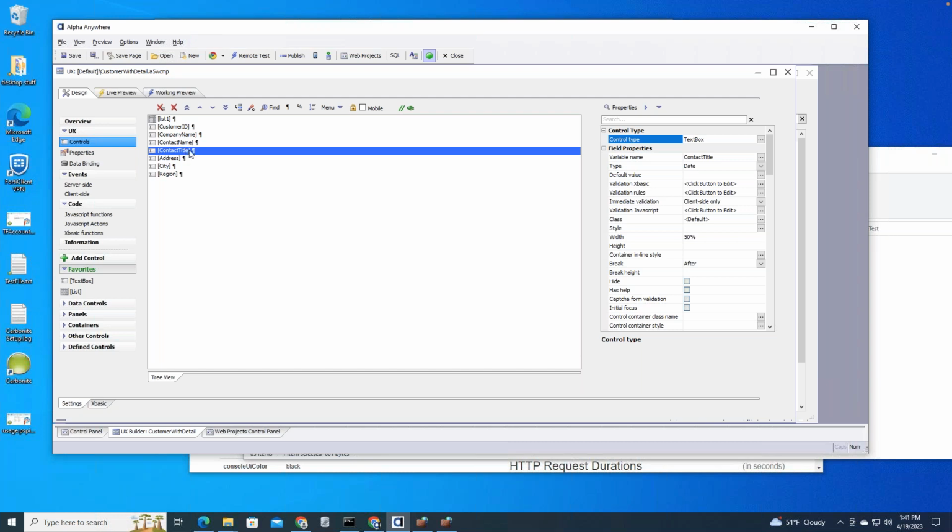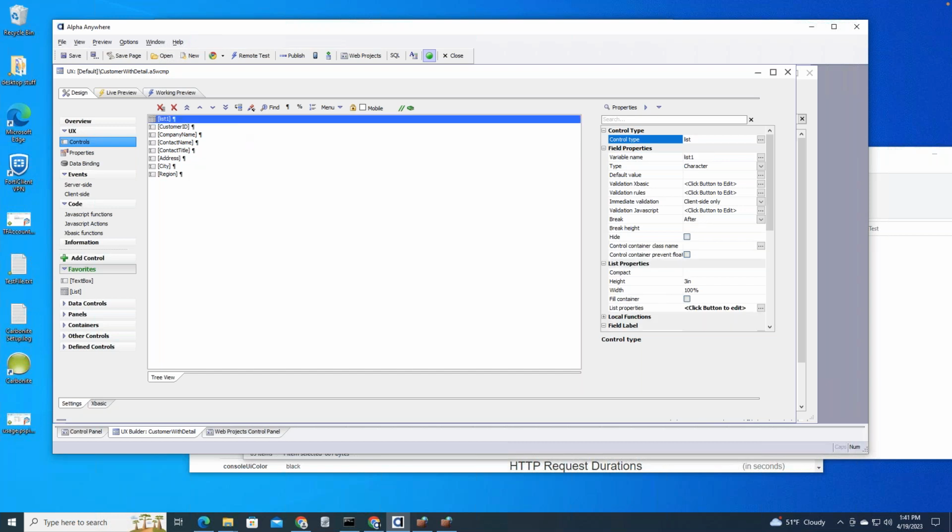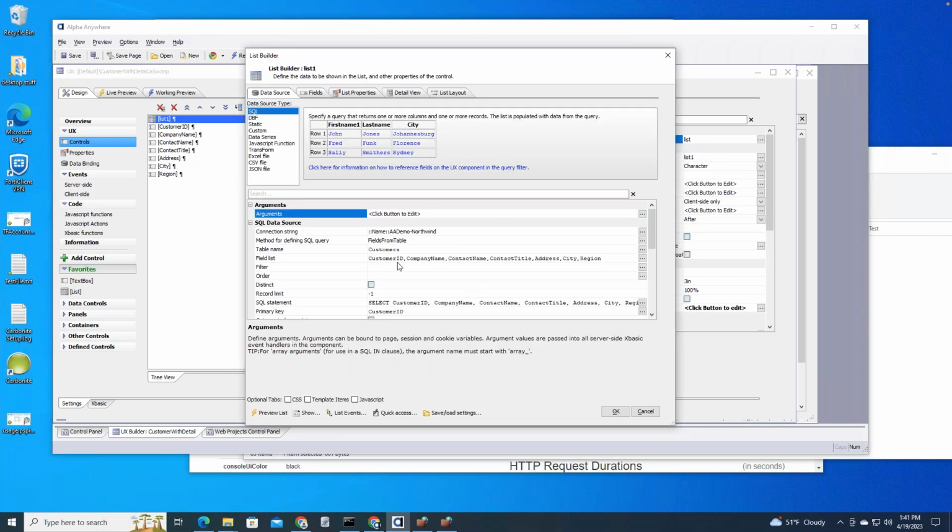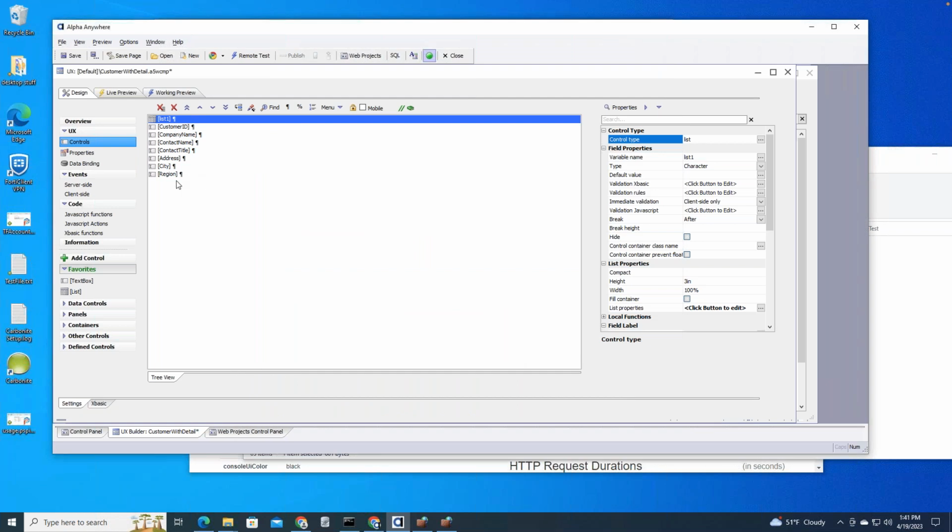But if you take a look at the JavaScript that I did, I think you might be able to make it work for your situation. If not, of course, always send an email to guides@alphasoftware.com. So let's start out here in my list. So I built a list. The list is basically the Northwind customer list, ID, company name, contact name, and all that. And it does have a detail view, as you can see here. So if I go into working preview,